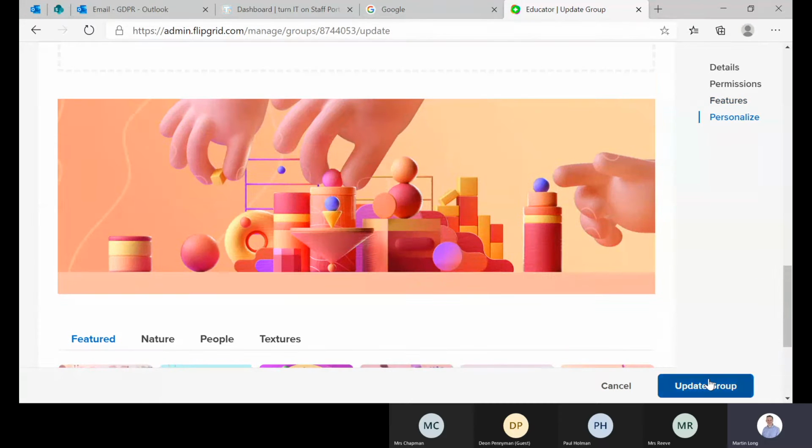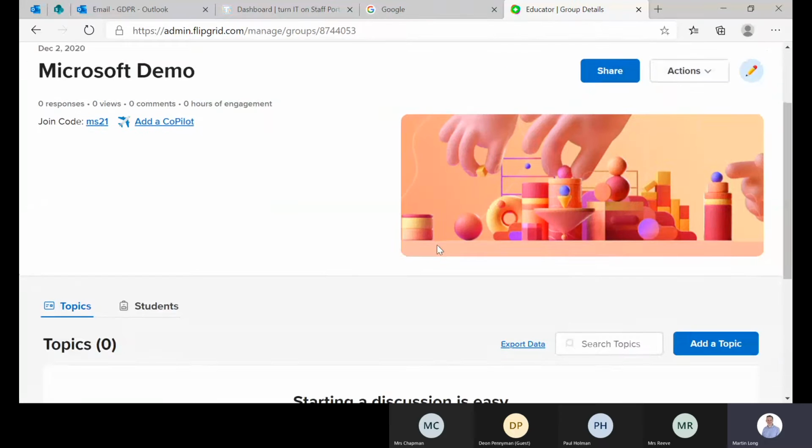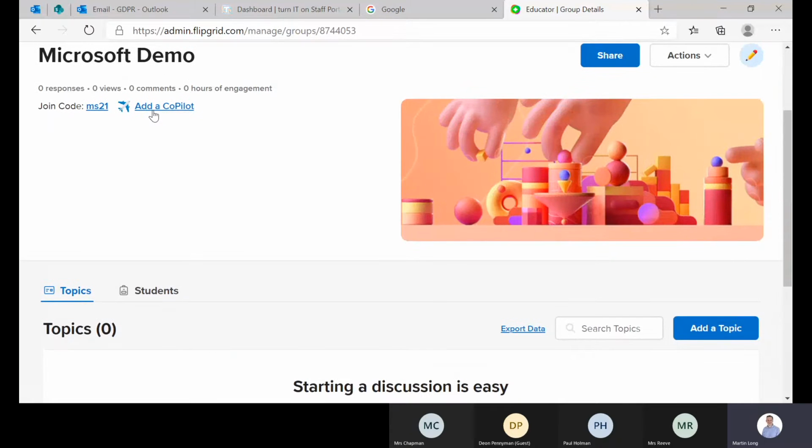So I'm just going to say update group, because I've changed the code. You can, if you want, have staff share the responsibility of a Flipgrid grid, and you can have what's called co-pilots, where you're both co-owners of that grid, and then you'll be able to use it for that purpose. It's up to you how you want to work it out. Also, it's really good if you've got a 2, 3, 4 elementary school and you want people to use these in their various classes, and maybe you're doing this for pupil community and you want the pupils to see the videos from each other's classes.